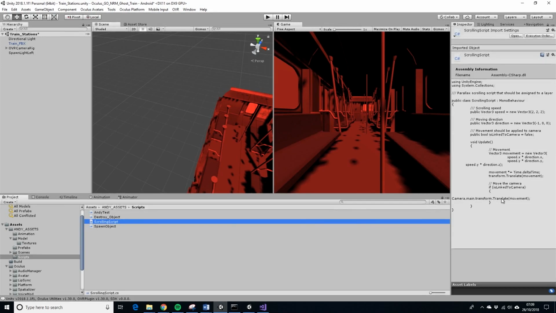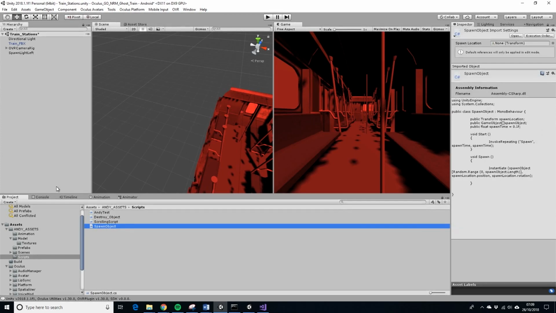I also had an option for locking it to the camera because it was for an endless runner, but this is unnecessary in this case. So it's basically just the movement, vector 3 movement, and the speed and direction is just working around delta time. And so it's just pushing the block along,